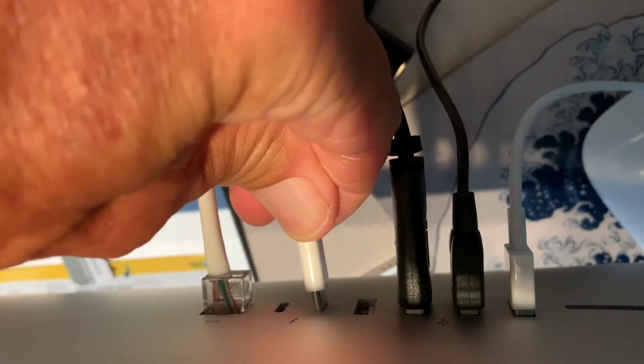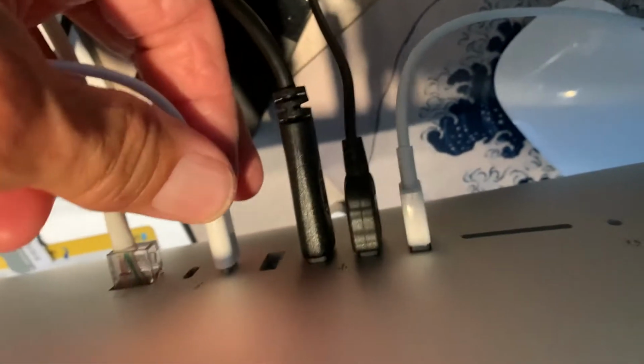Now, the way they got it set up, the only way you're going to be able to charge it if you just buy the iPhone is if you plug it into your computer, in the back of your computer. You can see the USB-C is much smaller, and you just kind of push it in. All right, so